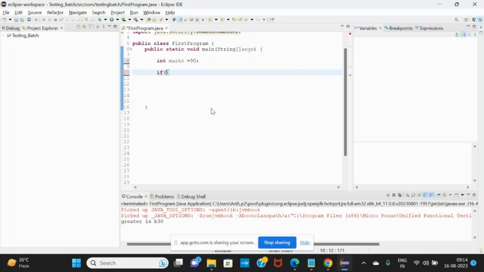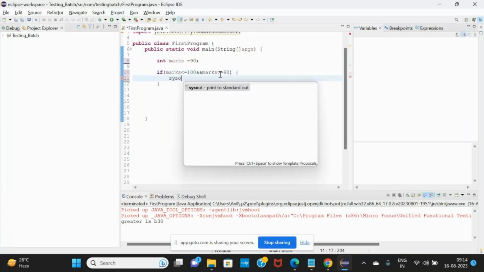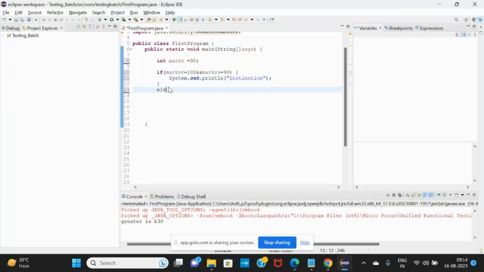If marks is less than or equal to 100 and marks greater than or equal to 90, system dot out dot println distinction, else